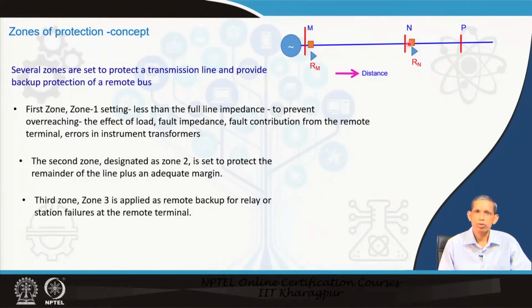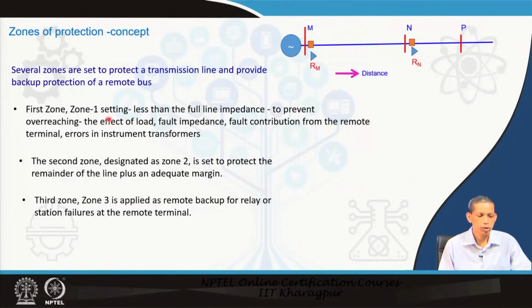Think about the situation we have already enumerated in the case of overcurrent relay also. If this breaker fails, then a fault in this line will continue. So, in the upstream side, this breaker must take care of that. This relay has to read that situation, and as a backup to this, this relay should operate, and that is the reason zone 3 takes care of that. Not only breaker failure, the relay may also fail, the connection between relay and breaker may also fail, and so on.